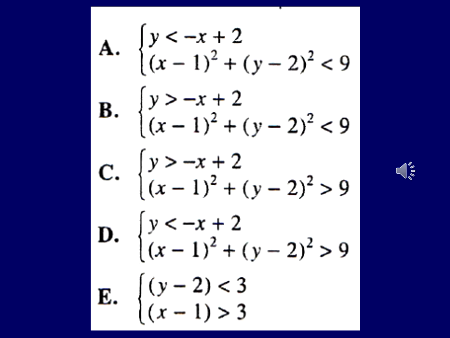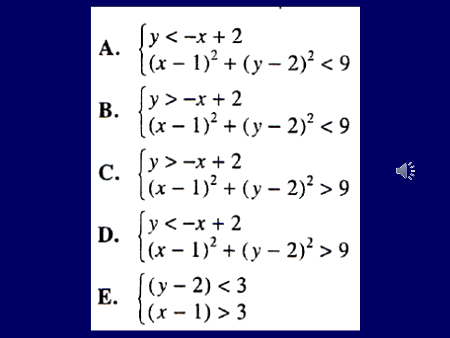And the reason I know it's not E is that what we have is a circle and a line. On E, you have the equations of 2 lines. One of them would end up being a horizontal line and one would be a vertical line, but that's not what's going on in this picture. It's got to be something that has both x squared and y squared for the circle, and then something that would reduce to y equals mx plus b for the line. So it's either A, B, C, or D,